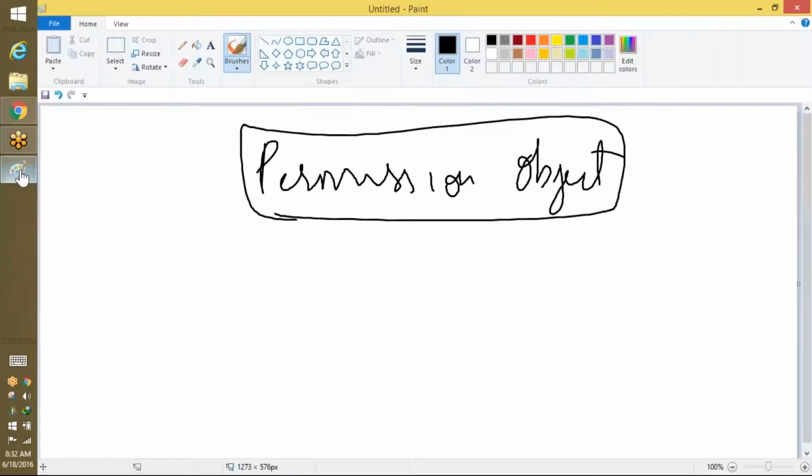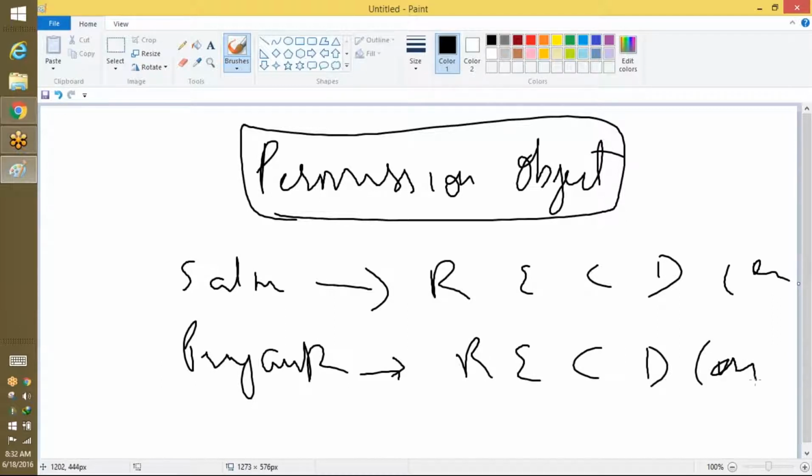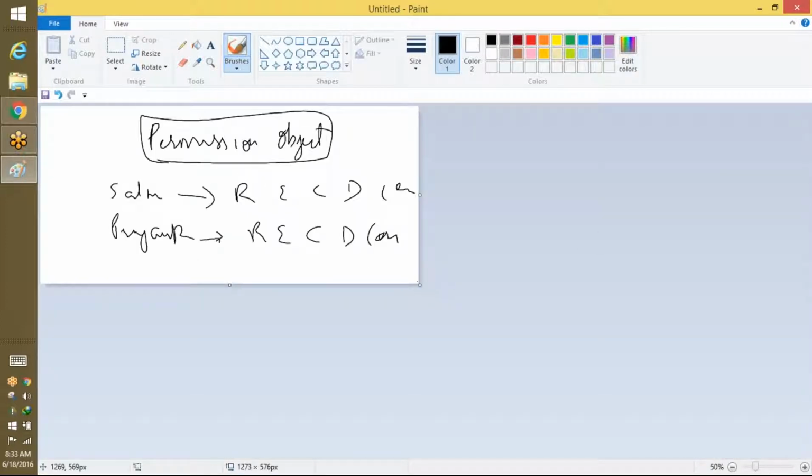So right now, Salman and Priyanka have read, edit, create and delete on all the objects, because both of them belong to a profile that gives them all this access. We are not talking about permissions anymore. They are just on a straight profile. They have read, edit, create and delete permissions on everything. Now the next thing we have here is